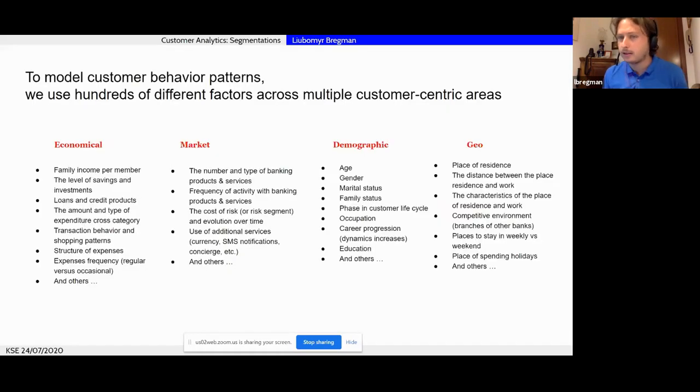So generally, I wrote a list which should be pretty universal. I was showing it to you yesterday, of which kind of data can or should be useful. This list is more for the financial sector, but still I think super universal. That's all you can get about the customer's personal characteristics, economic characteristics, market characteristics, and geo and demographic characteristics of customers. This is a big wish list. It's almost never available as a full list.